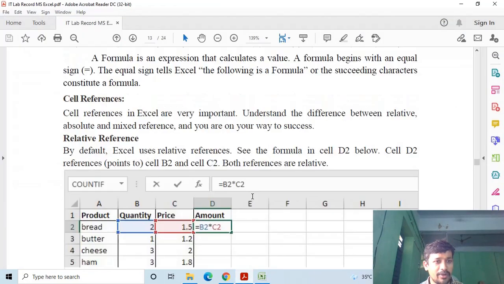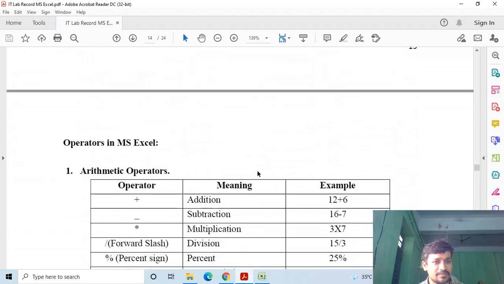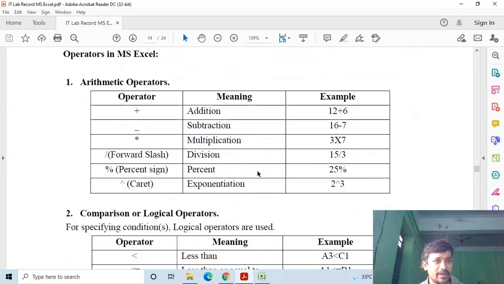The arithmetic operators are addition, subtraction, multiplication, division, percent, and caret, the exponential operator. These operators we use in our daily life also. The same operators are used in MS Excel.